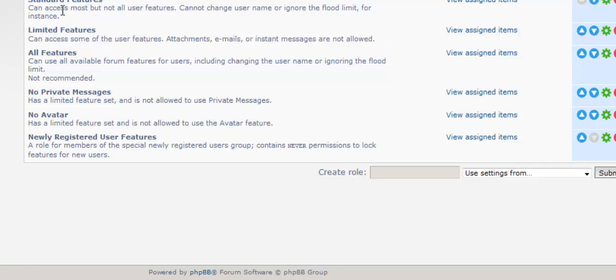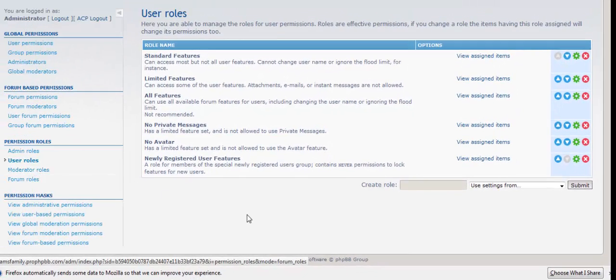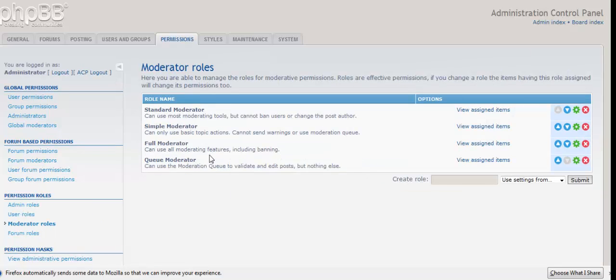User roles, which as you've seen before, standard features, limited features, etc. Moderator roles, as you can see, we've got 4 types of moderator there that you can set for different levels of moderating. For instance, the standard moderator can use most moderating tools, but cannot ban users or change the post author, whereas a full moderator can use all moderating features, including banning. So that really covers that.